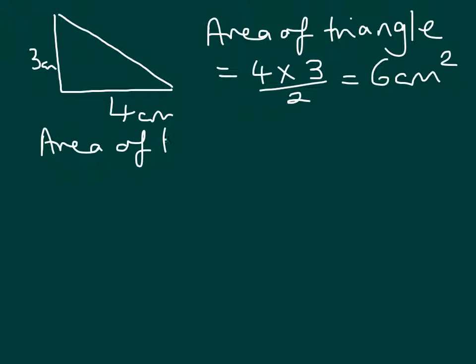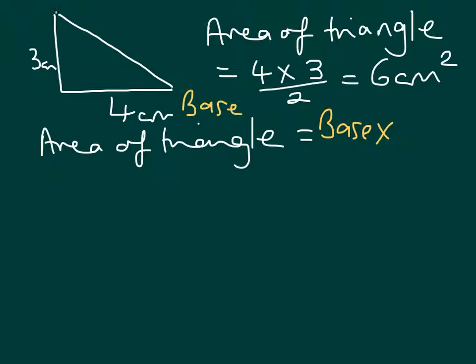So the area of a triangle, well, the 4 is simply the base of the triangle, at the bottom. So we'll call that the base, multiplied by the 3 centimetres, which is the height of the triangle. So the 4 centimetres is the base of the triangle, the 3 centimetres is the height of the triangle. So we multiply together the base by the height, and we get our answer and divide it